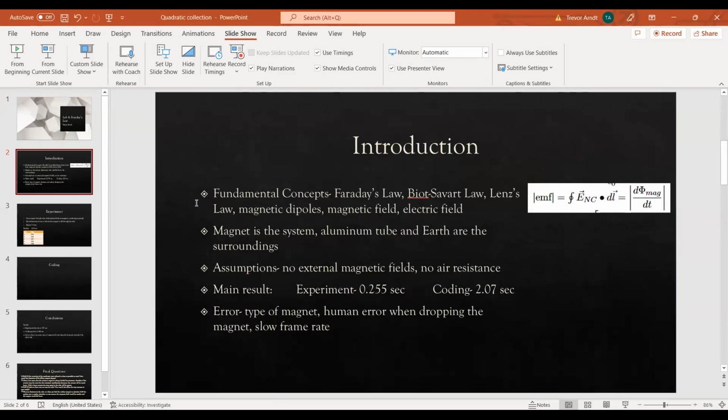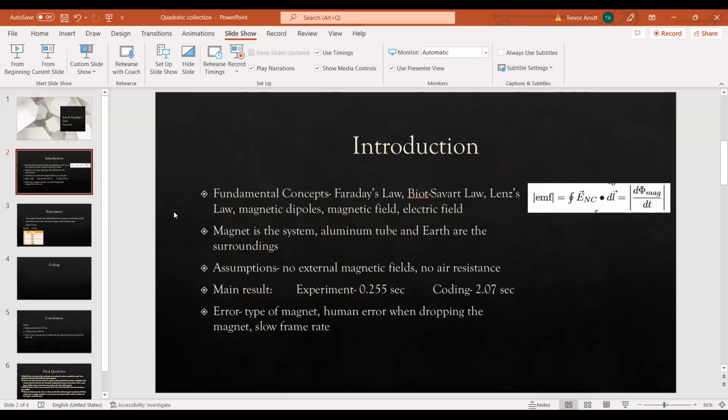There are a couple fundamental concepts that you have to know for this lab, the main one of which is Faraday's law, which I've pictured on the right, which basically says by finding the change in flux over the change in time, you can find the induced current. And this phenomenon can be modeled by a moving magnetic charge through a conductor, and that creates a curly electric